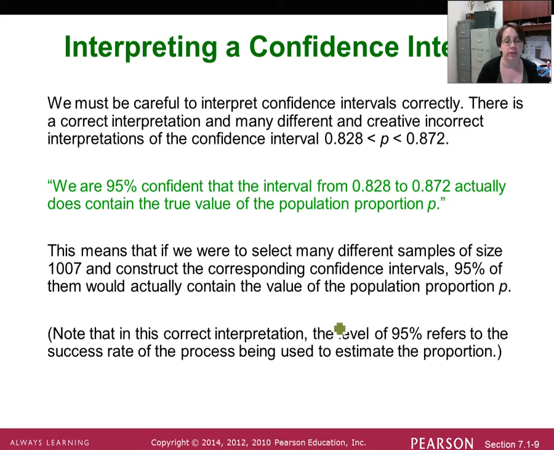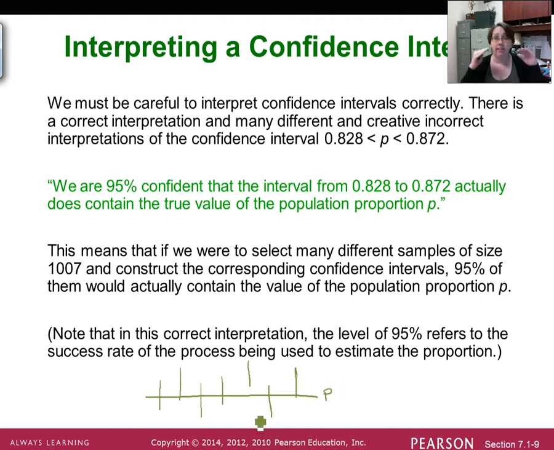Now let me draw a little bit of a picture down here on the bottom. Let's say that this line here denotes the actual population proportion P. Now, what we're doing is drawing intervals. So here's one possible interval, here's another. All of these are intervals trying to approximate P. Now, if you notice, most of these intervals do cross that line. They do contain P in them, but one does not. That is the 5%